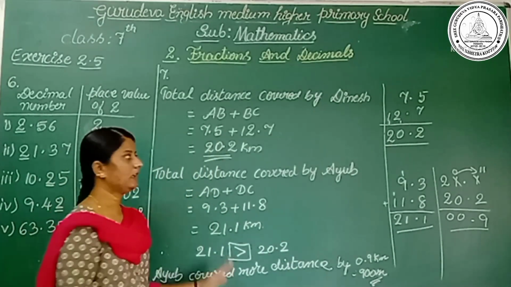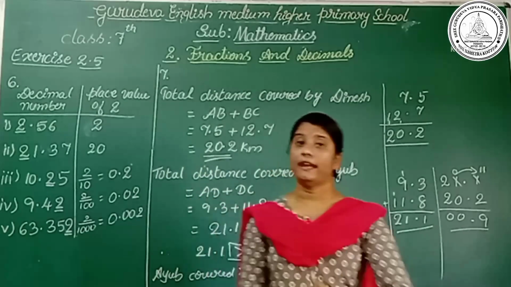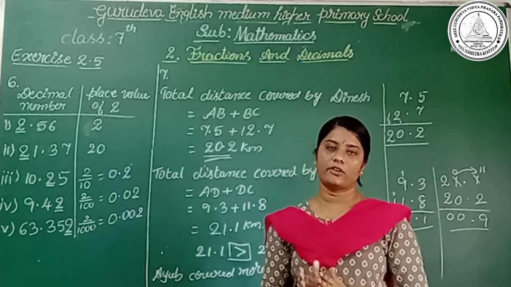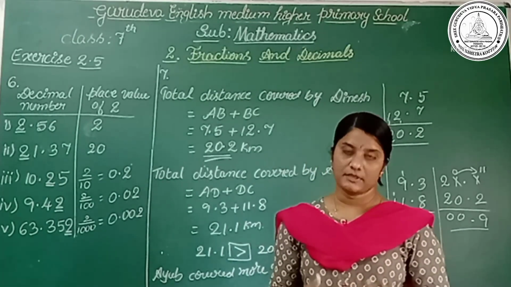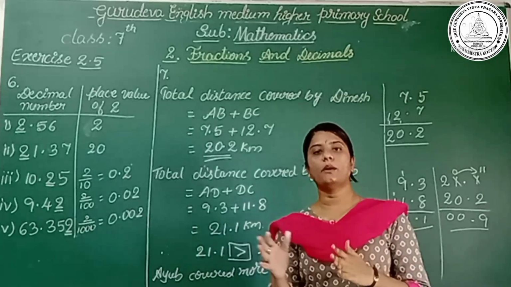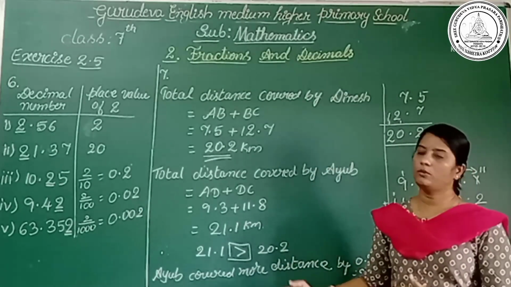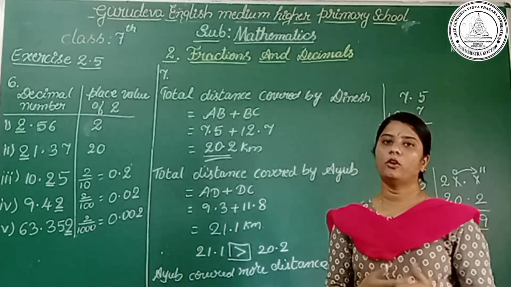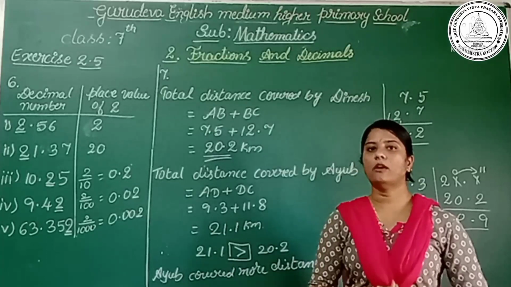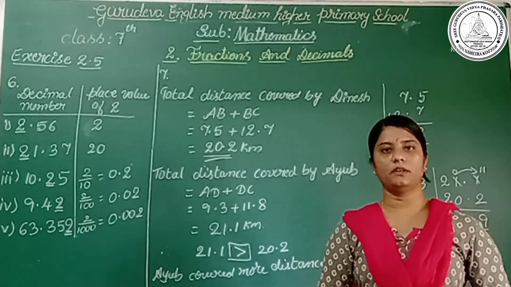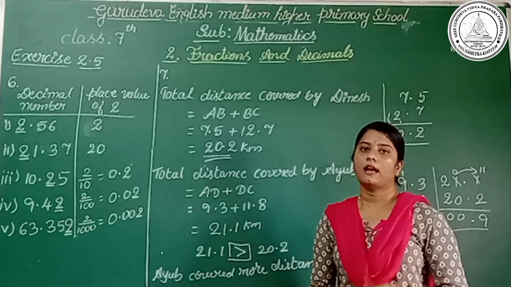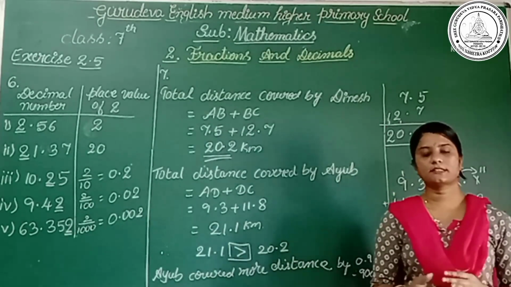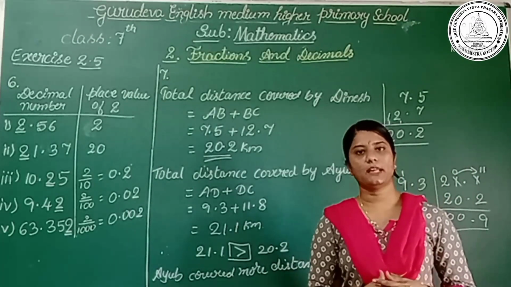Is it clear? Yes. With the same type there is question 8.1. Shama bought some quantity of vegetables and Sarah bought some quantity of fruits. So we have to use the same method. Who bought more quantity and by how much? Okay, so I hope you will do that problem. Here we have learned about decimal numbers, solved the exercise problems, and also recalled what we learned in the 6th standard. Right? So in the next class we are going to learn about the multiplication of decimals.